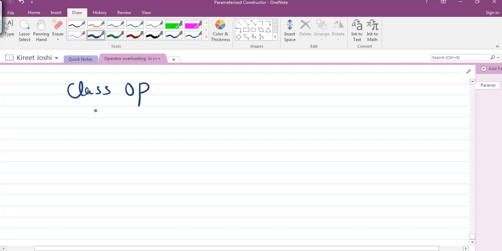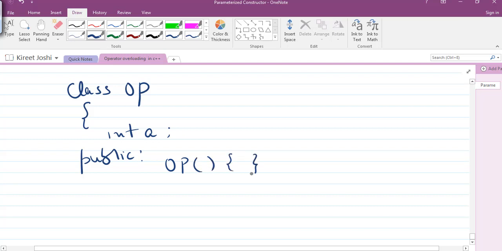In this class OP we take a variable A, and in the public section I am taking a default constructor. We will be creating an object of type OP, so for this we have to create a user defined default constructor.